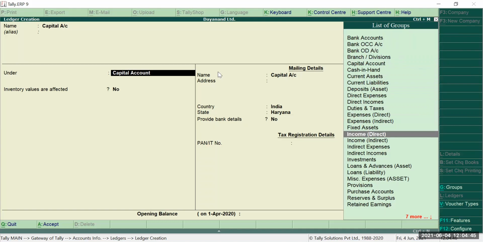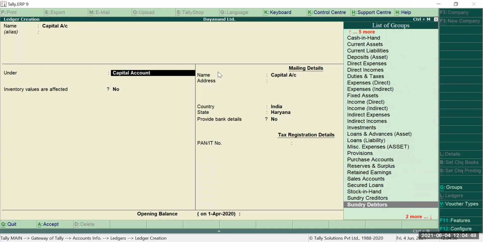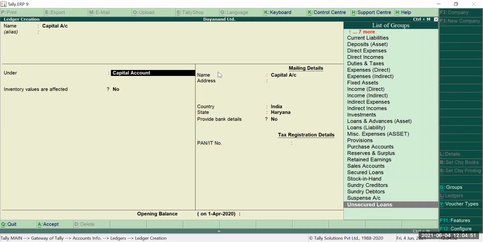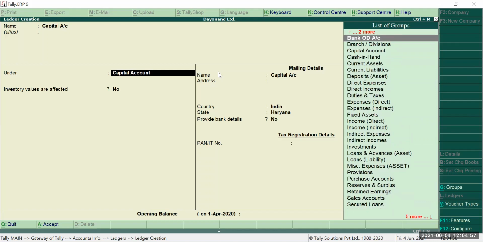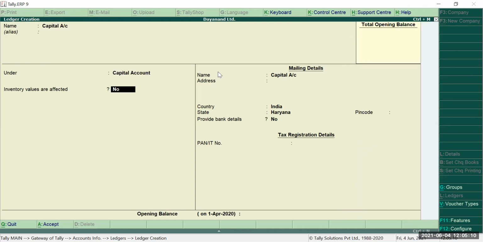There are many groups in Tally. But still, if you need to create any group, you can always create a group, that I will show you later. But now we are creating a ledger, and the ledger name is capital account. The group to which it will belong is also named capital account. Okay, clear?